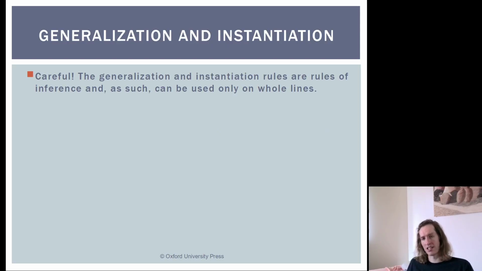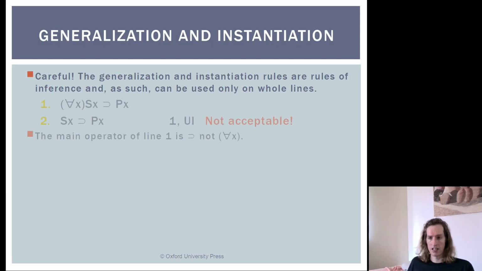All right, so the generalization and instantiation rules are rules of inference, and as such can only be used on whole lines. So here, we would need some parentheses around the if Sx then Px in order to use universal instantiation. Right now, we have a formula that says if for all x is Sx, then it is the case that Px. But the universal quantifier is only applying to the Sx here. The major operator is the horseshoe, the conditional, not the universal quantifier. So we need the universal quantifier to be the main operator of the entire line in order to use universal